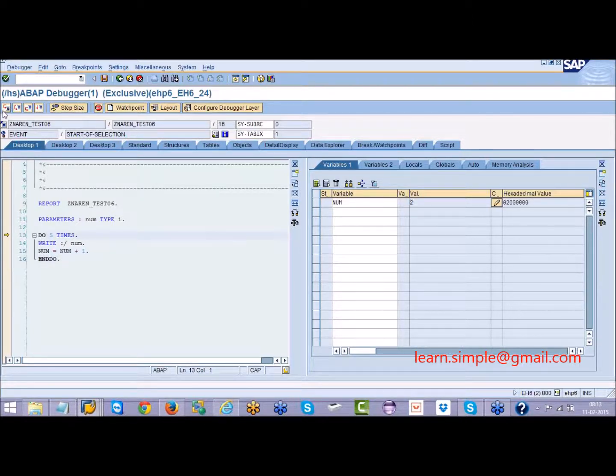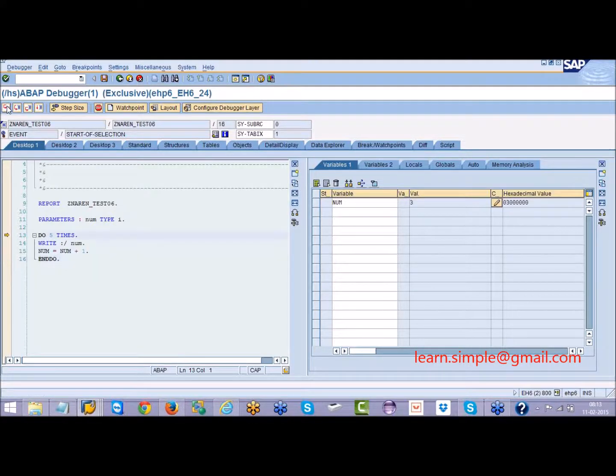Now see, the loop is again repeating for the second time. What is there in the num? It has a value 2, so it will write 2. And now 2 is added with 1, so that is total 3. Now when I click F5, 3 will be available in num.